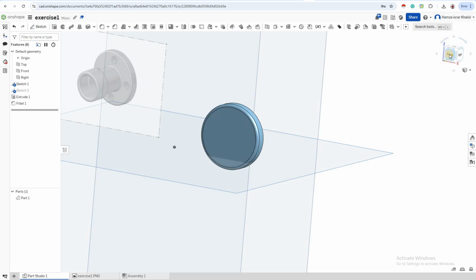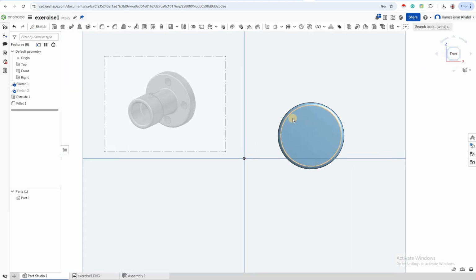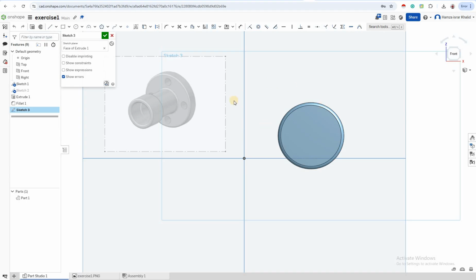So what we are going to do, I'm going to click on the front view, and I need to draw on this face of this shape. So I'm going to click on it, I'm going to click on sketch, and then I need to draw some circles here. So as you can see, we have 4 circles here, and this is the 5th one. So I'm going to draw center point circles, and I'm going to draw this here,